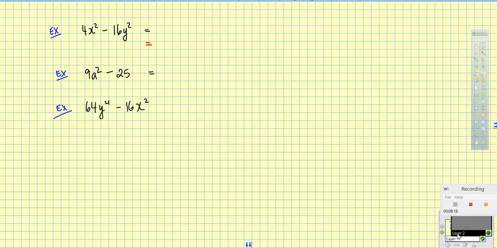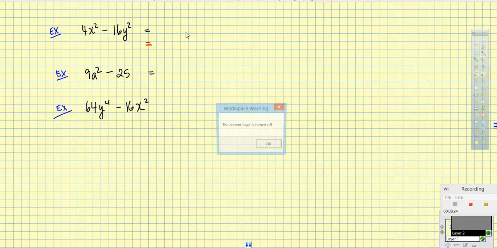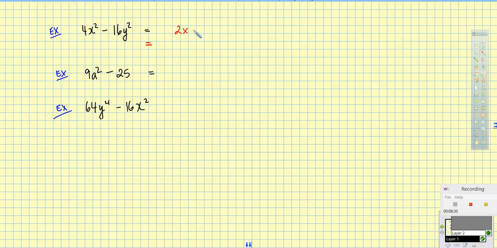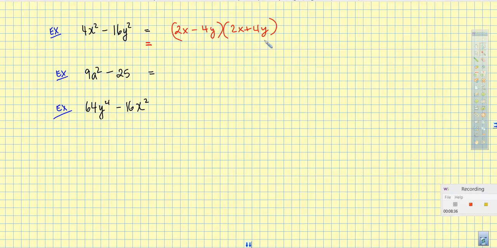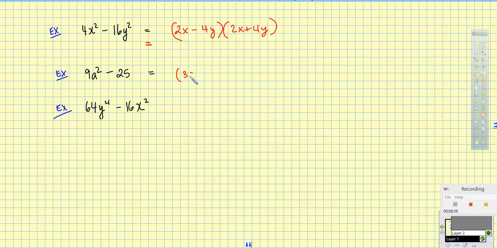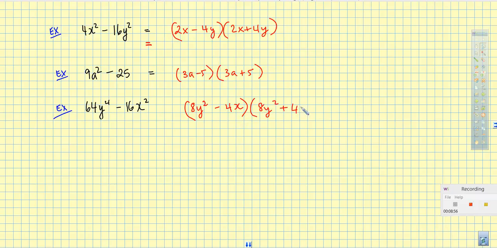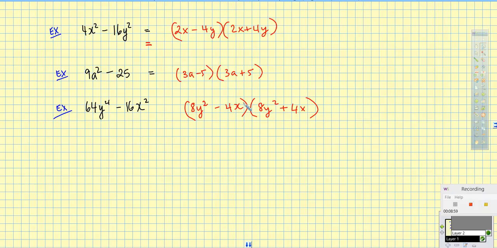Okay, let's do very quickly just a couple more. So 4x squared minus 16y squared would take me to 2x minus 4y, and 2x plus 4y. 9a squared minus 25 will take me to 3a minus 5, 3a plus 5, and 64y to the 4th minus 16x squared takes me to 8y squared minus 4x, and 8y squared plus 4x, because there is no middle xy term. Alright,